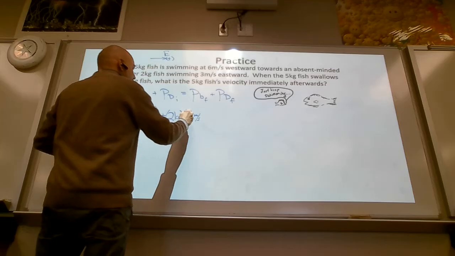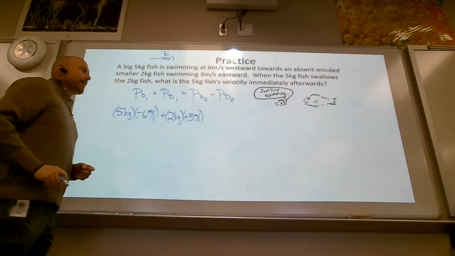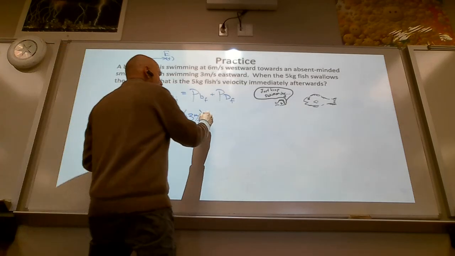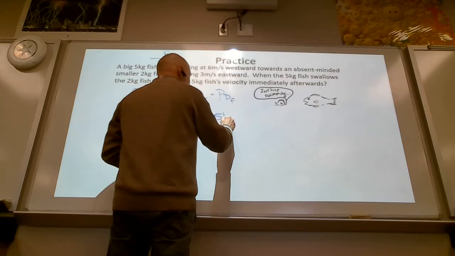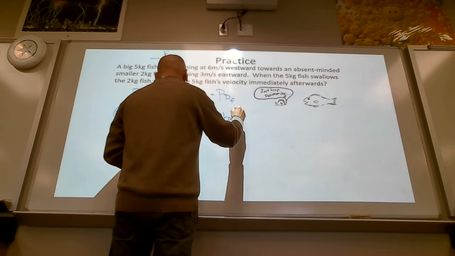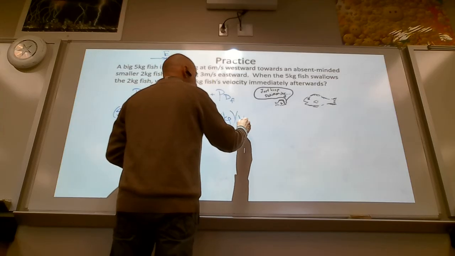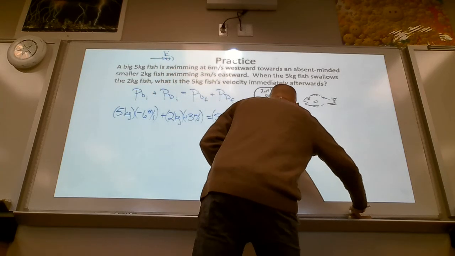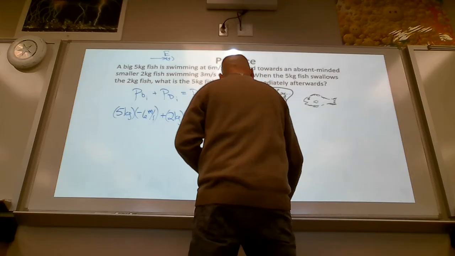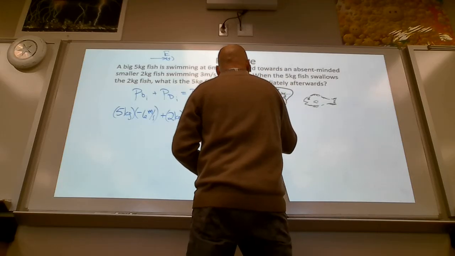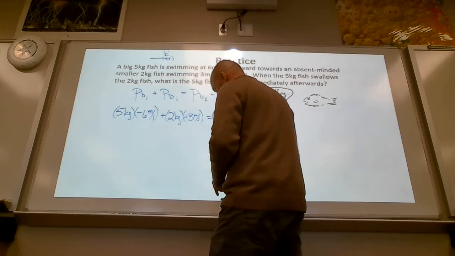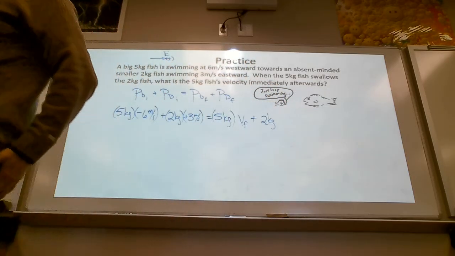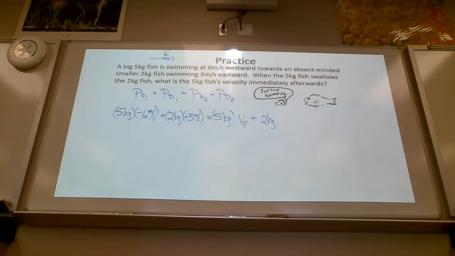I made east positive, so I need to assign a sign to that. Afterwards, big fish is still 5 kilograms times some unknown velocity, plus Dory, 2 kilograms. Question: does Dory have momentum after